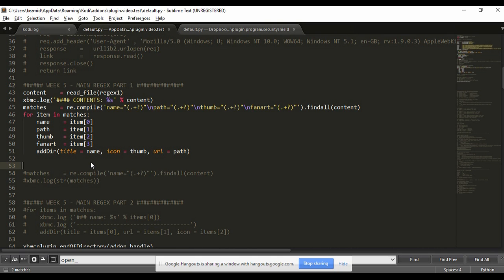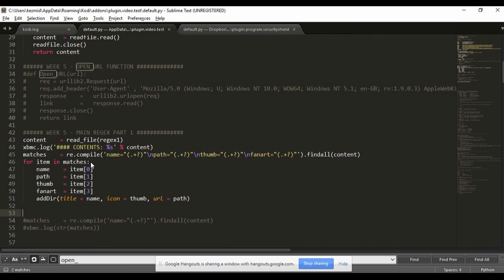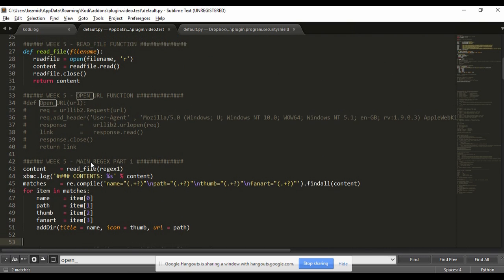And I think we're pretty much done. I just want to show you quickly also how to do it with an online file. Okay, so it's going to be very, very similar. So I've uploaded that file